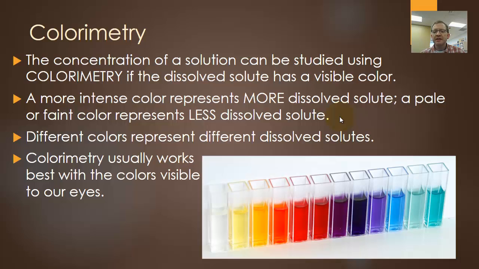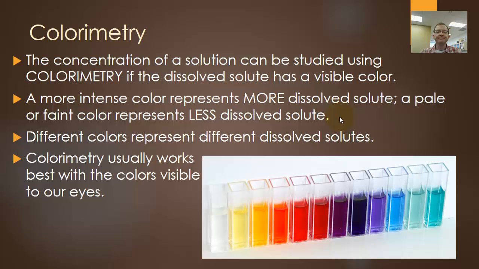We put a sample in there and then we shine light through it, and we can shine light of various colors through solutions of various colors. And by looking at how much light gets through and how much is absorbed, we can very specifically and mathematically estimate exactly how much of the solute that's giving it that color is present in the cuvette, in the sample. So colorimetry is measuring how intense the color is, and then using the data that we gather to draw a graph usually,